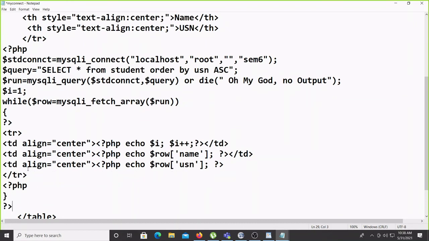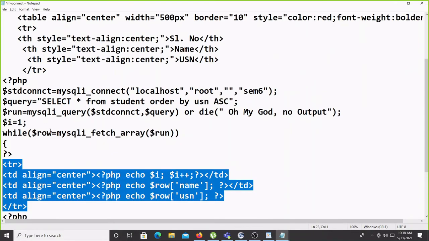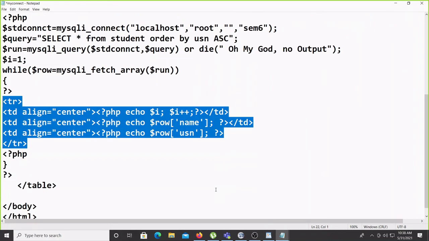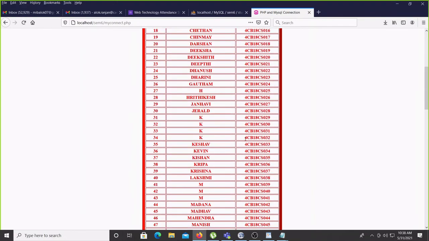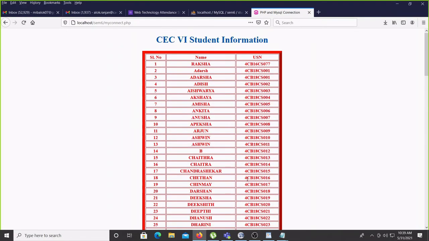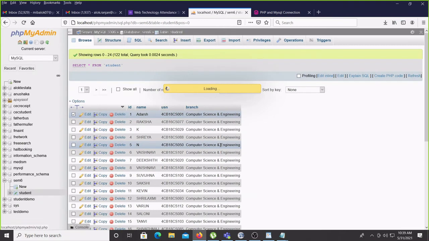So now all information based upon how many values you have, due to this while loop, this many rows will generate along with all these values. Okay, so now Control S, and we'll see whether we are really getting information or not. Refresh. Yes, we are getting it here. See all information, 120 records we are getting here. Okay, others, why is it coming 2 times? I added one more, and before that one it was there, one more. So we remove one others, then another others will come again. So select and delete. So total 121.